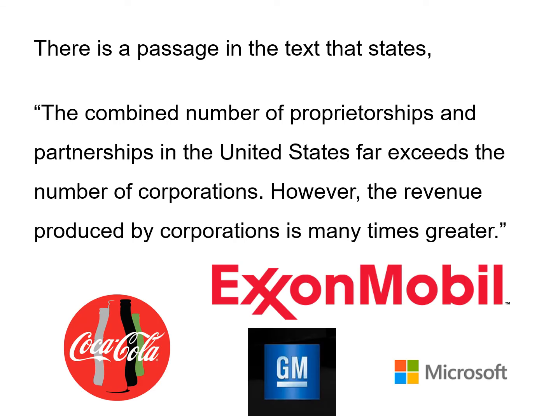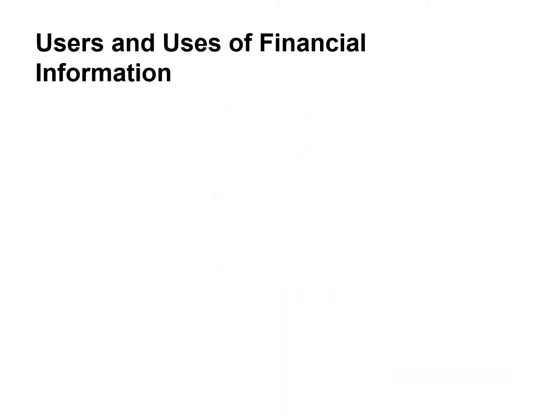Most of the largest enterprises in the United States, for example, Coca-Cola, ExxonMobil, GM, and Citigroup, as well as Microsoft, are all corporations. Because a majority of U.S. business is done by corporations, that's why we're going to emphasize it in this textbook. The purpose of financial information is to provide useful information for decision making. Users of accounting information can be divided into 2 groups: